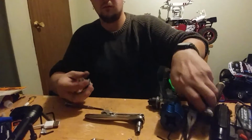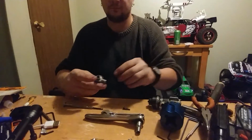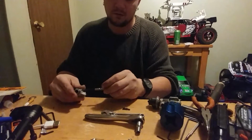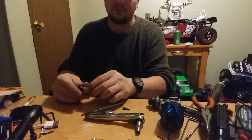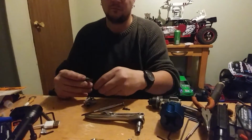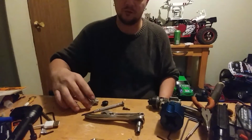There's an O-ring that holds it together the rest of the way. There's a low speed. And now the idle set screw for the idle gap. Loosen it up, and then the slide itself will come out. And there you go. That is a completely taken apart carb, except for the idle screw, which you don't really